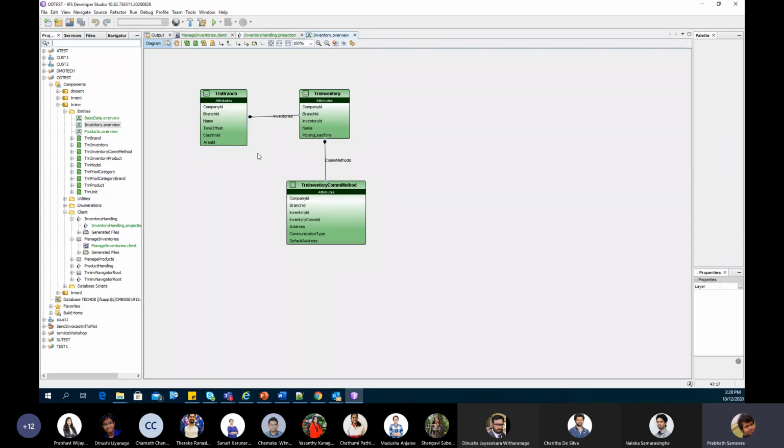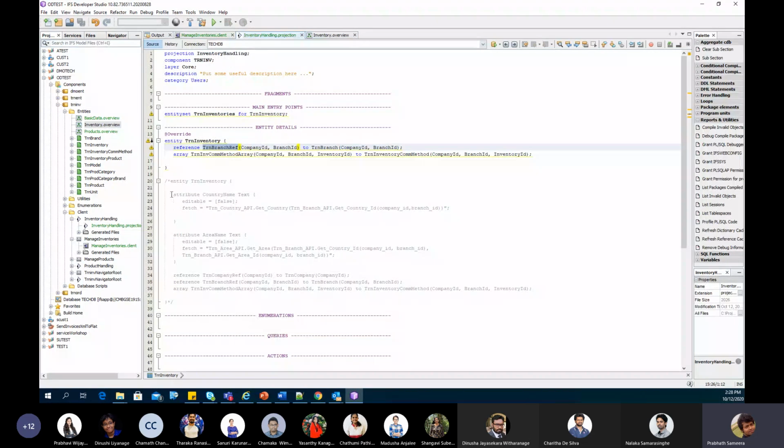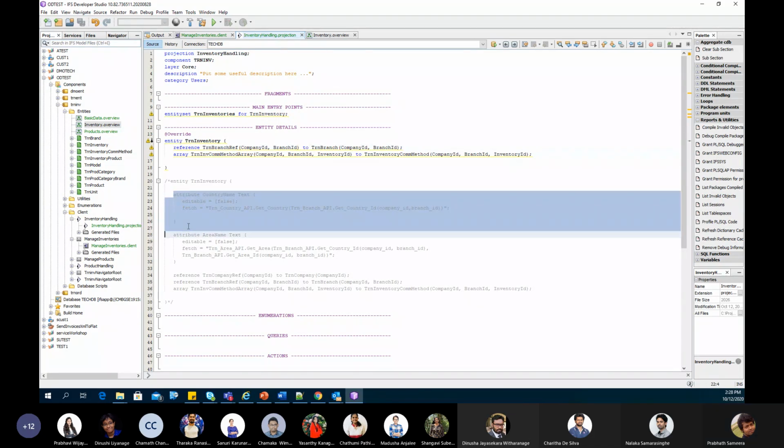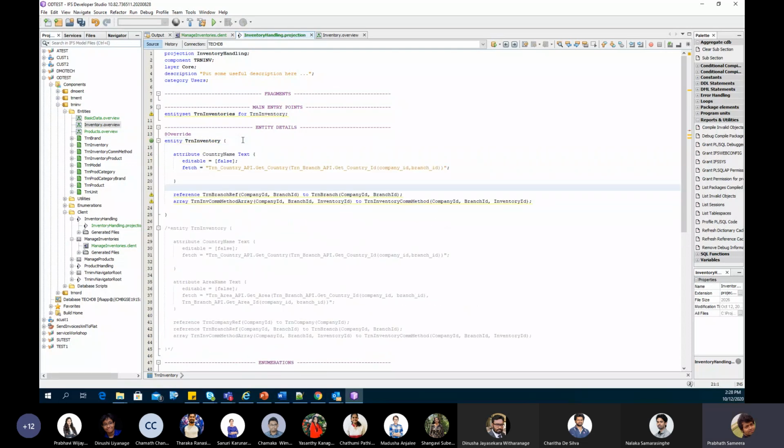So in this type of scenarios, actually we are using fetch keyword. Actually, in developing the Aurena, we use this fetch keyword as the last option, because you can see that we can use fetch keyword like this in this scenario. To fetch the country name,